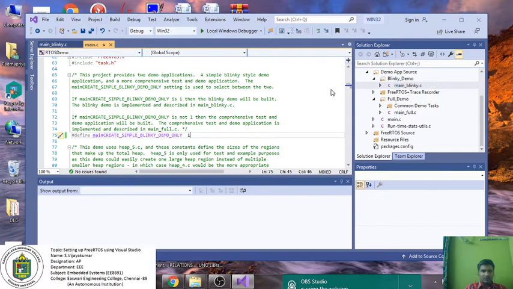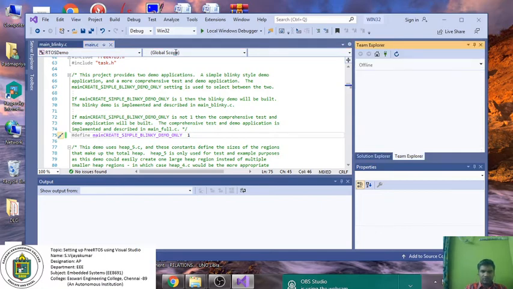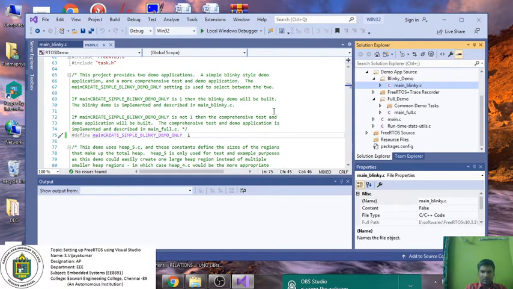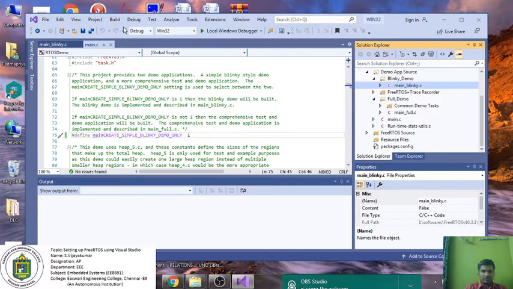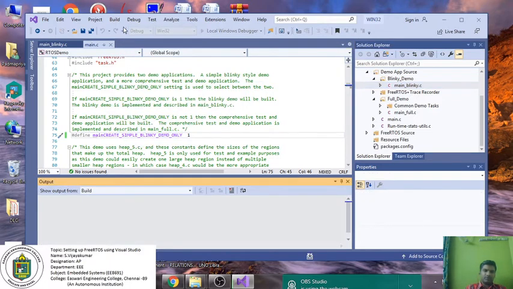Here what I am going to do is build. Build Solution. Just click Build Solution so that your project will start building.